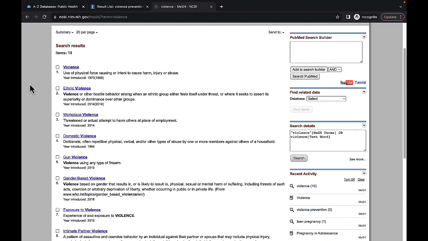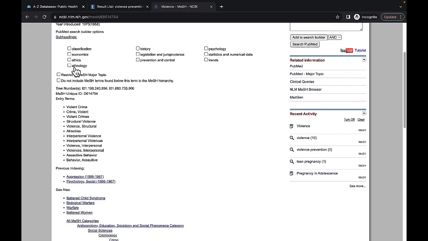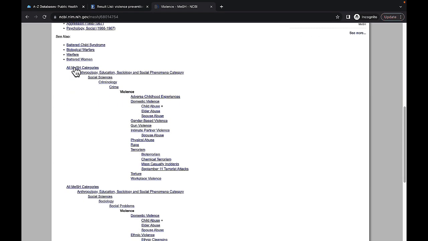Now, if I do want to stick with violence as a topic, I can select violence. And we can see there's a lot of options here. I can also scroll down, and just like we saw on that last page, this is listed as a hierarchy dealing with crime, and beneath that we see one dealing with violence. But in either case, we see all of those violence subtopics represented right here.